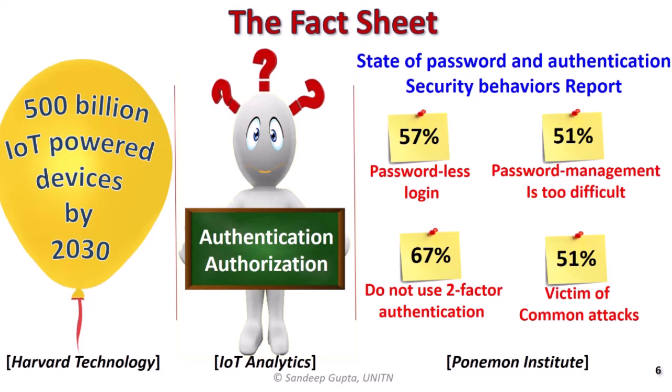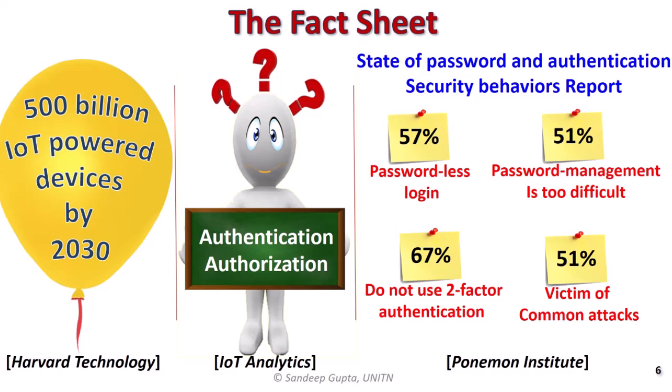Here is the fact sheet: why do we need the next generation user authentication schemes for IoT applications? According to a Harvard Technology report, by 2030 there will be 500 billion IoT-powered devices. So there will be a proportional increase in the number of IoT applications. IoT Analytics, a leading provider of market insights and strategic business intelligence for Industry 4.0 and the Internet of Things, published in their report for the period 2017 to 2022 that authentication and authorization is one of the biggest issues